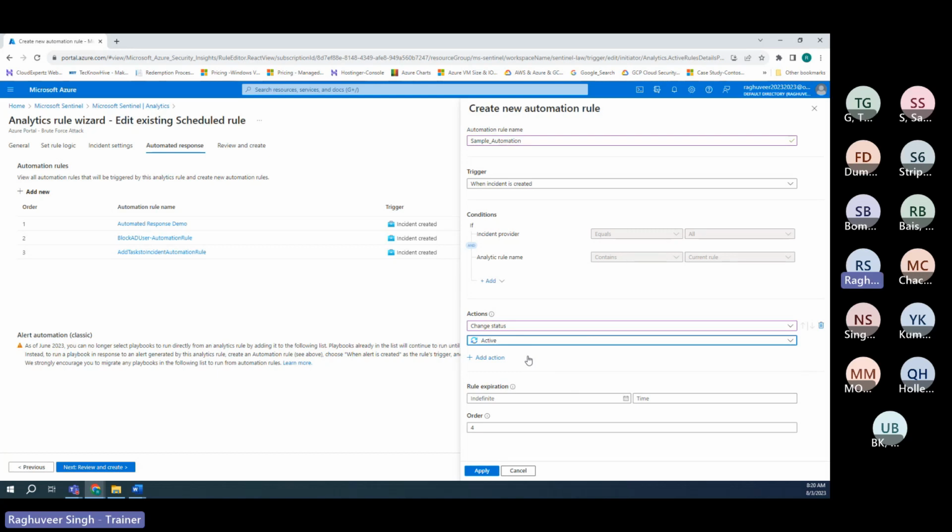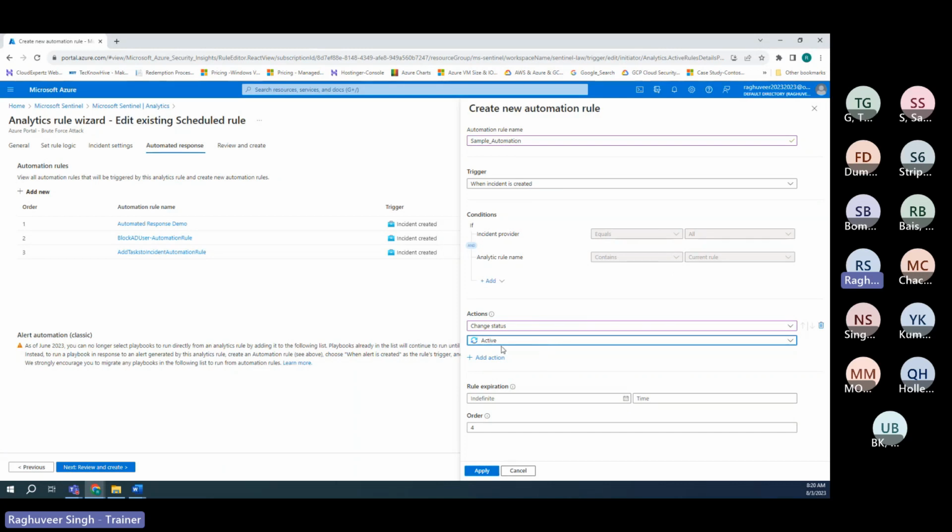Every organization has an SLA in terms of incident management. Whether it is your internal incident management or a third party that is managing security operations for you, you must have an SLA defined. And as per the SLA, there has to be a time frame within which an incident has to be picked up, the initial response time, and then comes the resolution time. So we'll use automation to automate the initial response time,